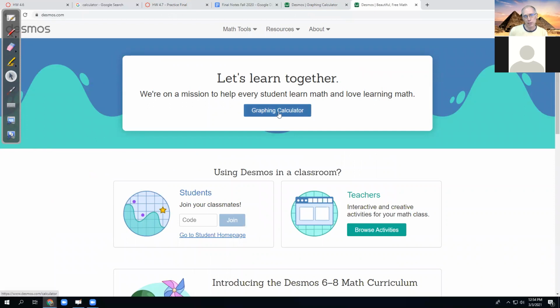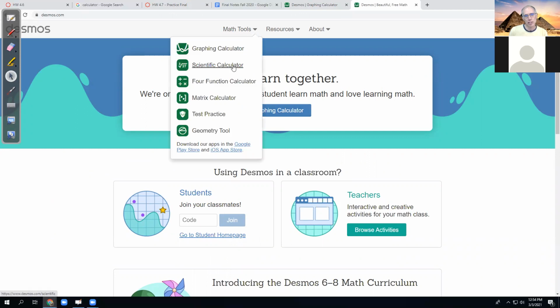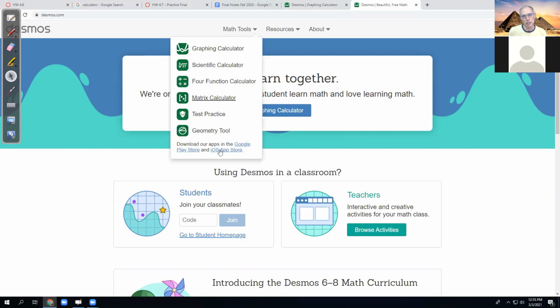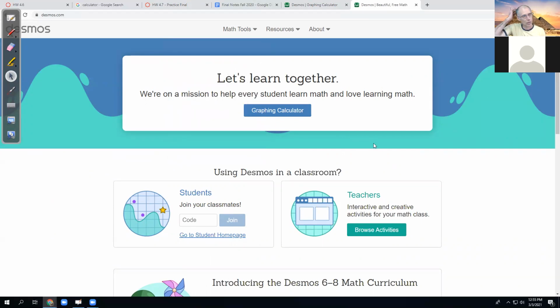So they have a graphing calculator here, which is the one I was just showing. And then over here, they have the scientific calculator. They have a simpler calculator for elementary school kids. They got a calculator for like engineering type students here. They have geometry. Yeah, they got a bunch of other stuff that's useful. So depending on which class I'm teaching, I might use one of their other calculators here. Yeah, I never knew it had a graphing calculator. Yeah, Desmos is, they're an awesome company. All right, so I think